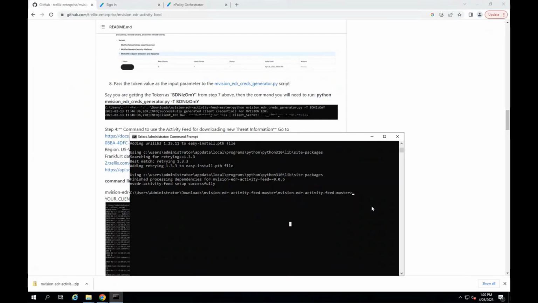What we will do, we'll type Python space, I'll type Envision EDR and just press Tab two times. It will automatically select Envision EDR creds underscore generator.py. Then after that, I'll give a dash T, space, then dash T. I'll give another space and just